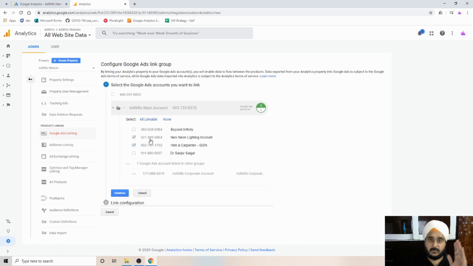So first, you need to ensure that you're using the right Google Ads account in which you're going to run your ads. Second, you need to ensure that you're using the same email on both the Google Ads and Analytics accounts. Third, you need to ensure that you have linked the Analytics account in Google Ads, and that Analytics account property should be tracking the same website for which you're going to run the ads. And then you log into the Analytics account property for that website ad that you're going to run, and link the correct property over there.